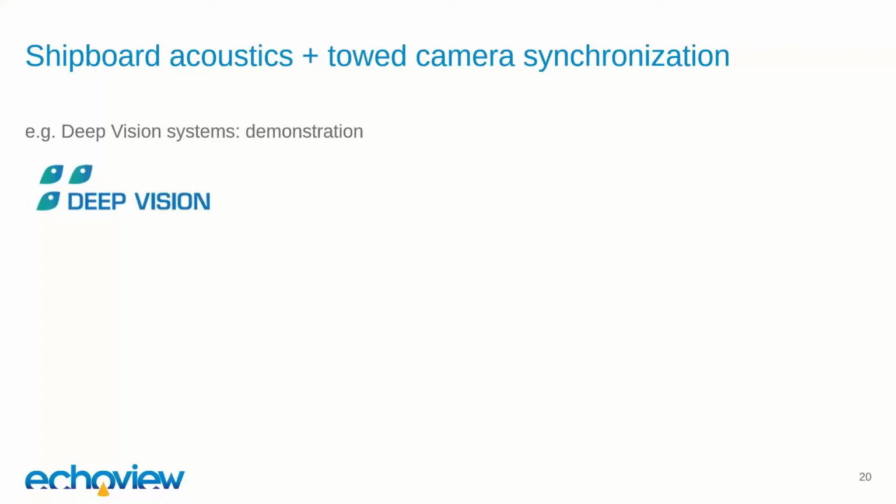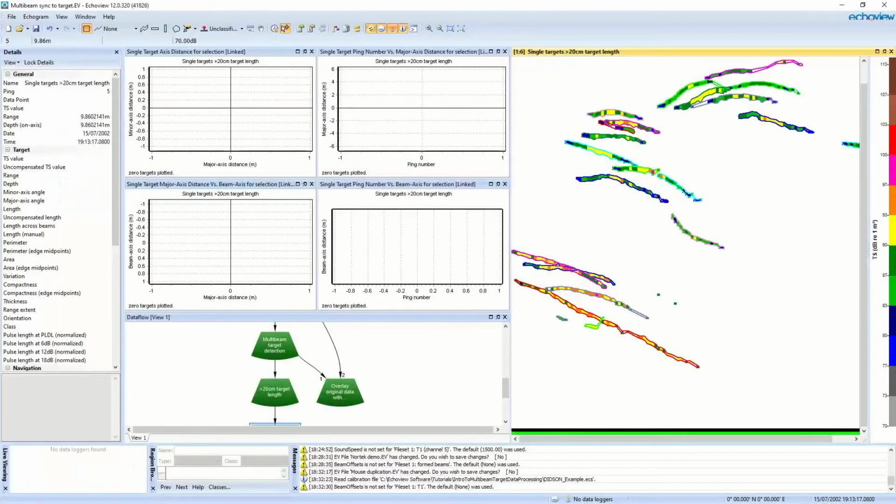The Scantrol deep vision system is a subsea vision system that attaches to a trawl that can be used to help with identifying and measuring fish that are passing into the net. And the system will capture stereo images. And for Echoview, we take images from one of those cameras and convert them into a video, which just improves performance. And then we can look at all of that data alongside our acoustic data. So let's have a look at that.